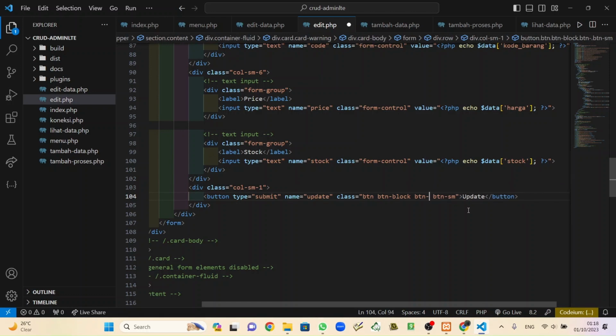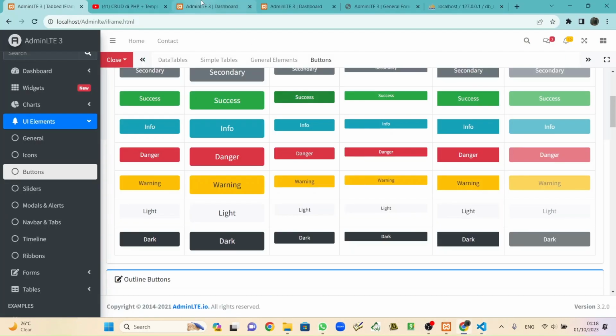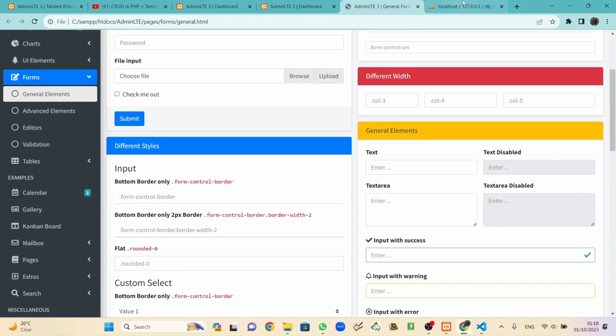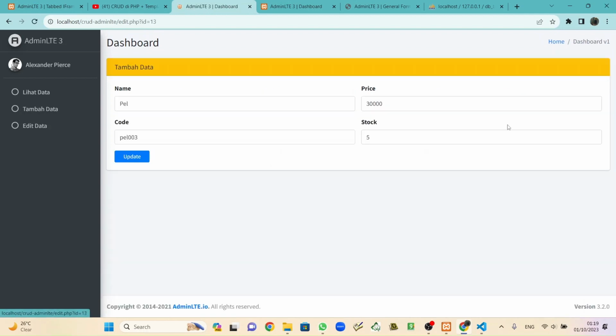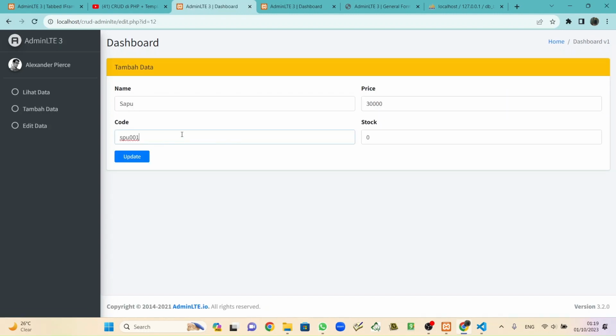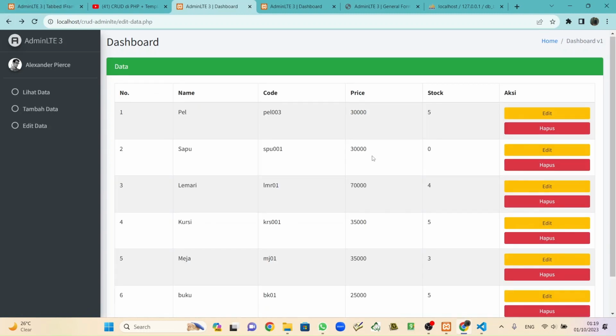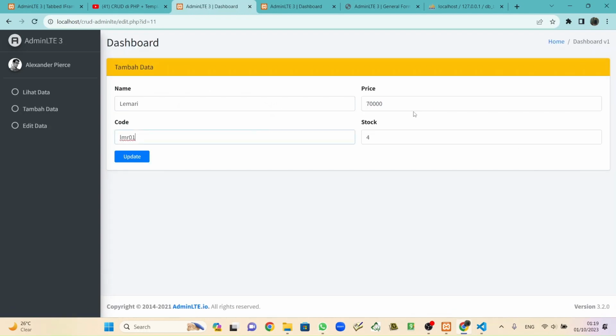I think that's primary. Check it here. Reload, edit. Okay. So the object is the same as what we chose. Sapu 001 and stock 0. We change something different like lemari. Okay.